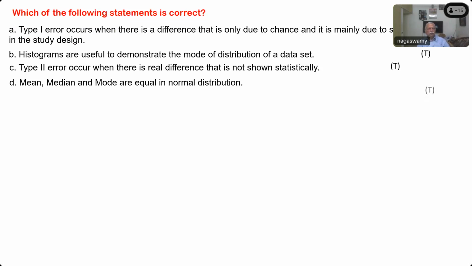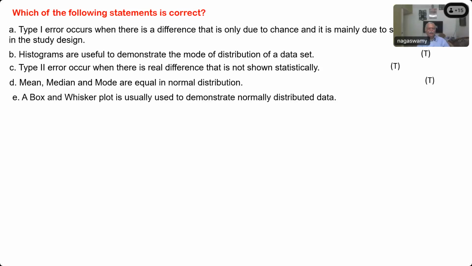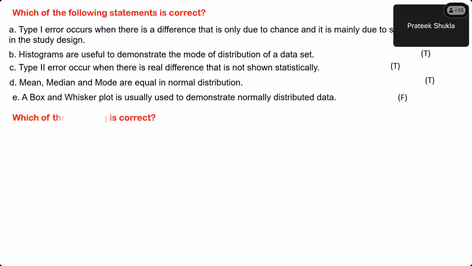D, sir. Mean, median, and mode are equal in normal distribution. All are true. And last, to add to the confusion, a box and whisker plot is usually used to demonstrate normally distributed data. False, sir. The correct answer is, actually it is D. I'm sorry, it is written as